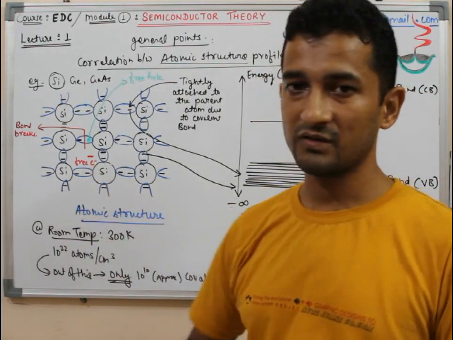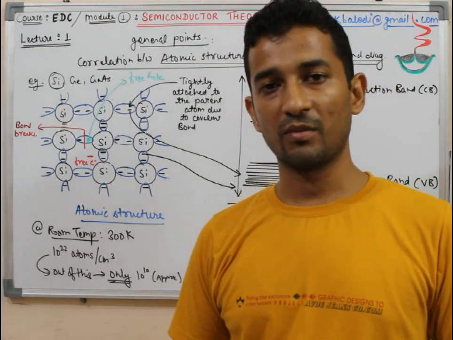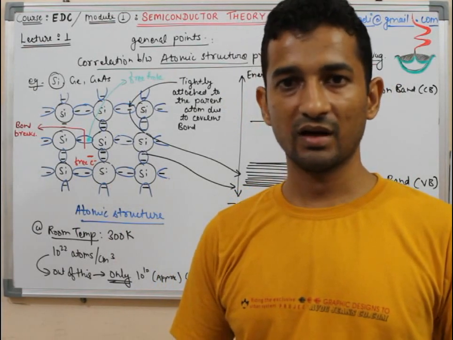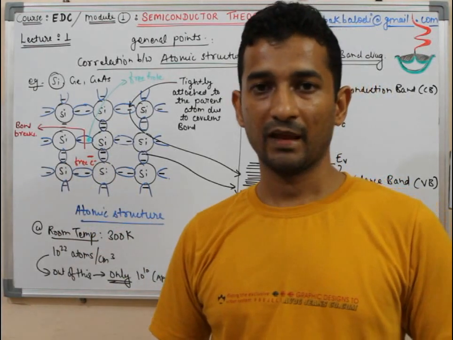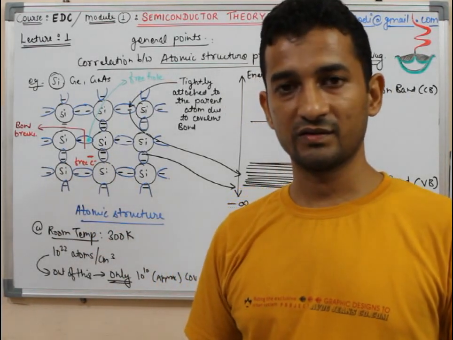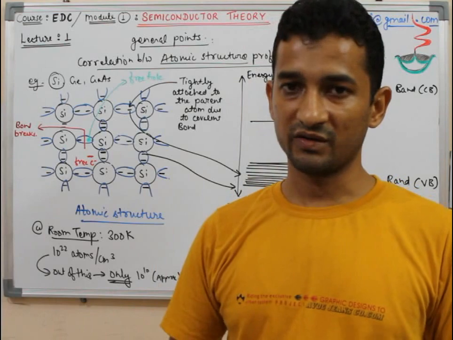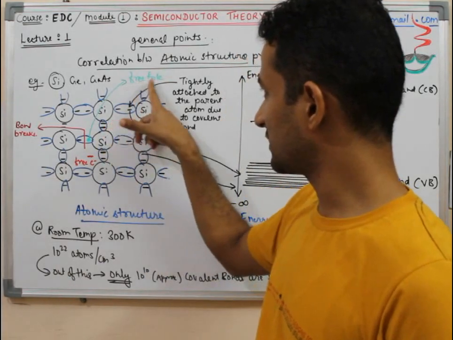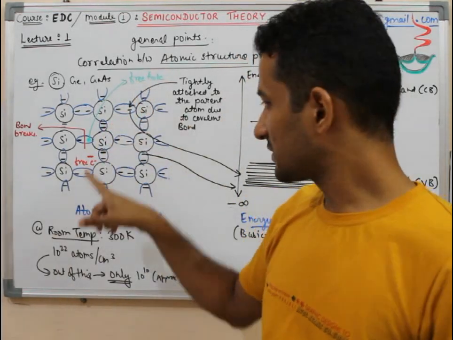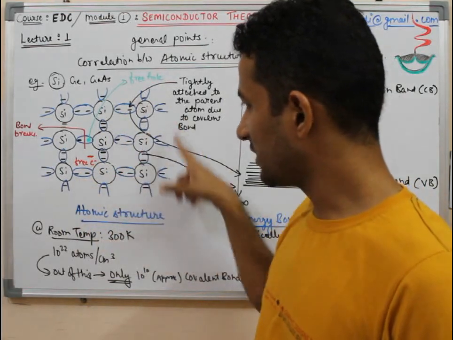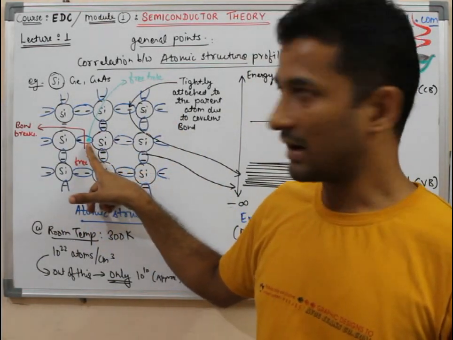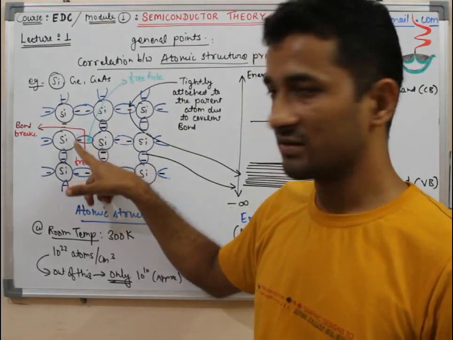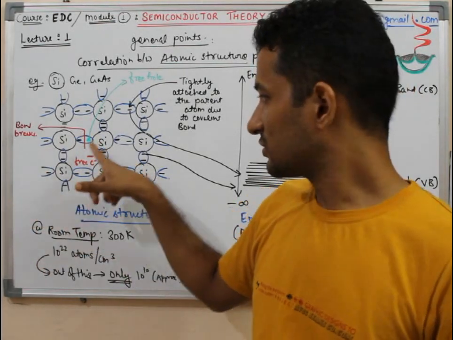One electron contains 1.6 times 10 to the power minus 19 coulomb charge with negative sign. The hole correspondingly has the same amount of charge with positive value, so it is a positively charged particle. This electron is easy to understand, it can move anywhere within the material. So how does the hole move? There is a confusion that because it is well bounded within the covalent bond, how will it move?